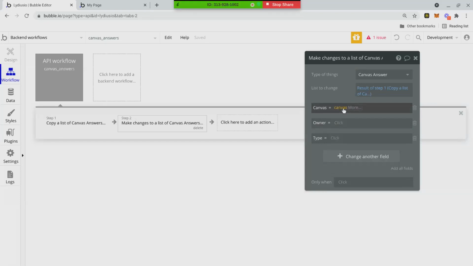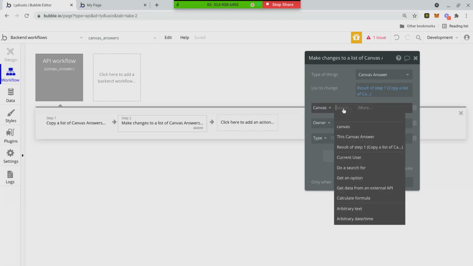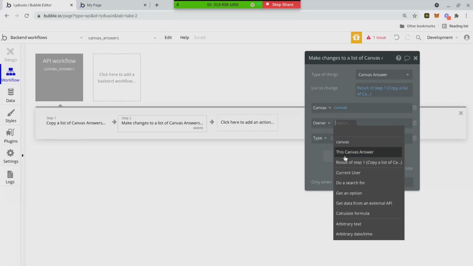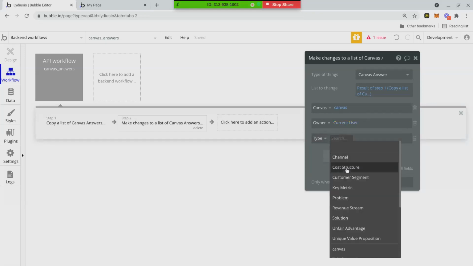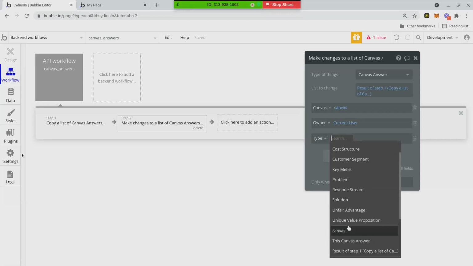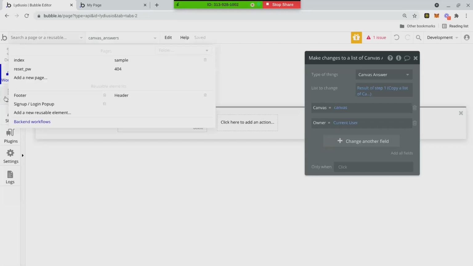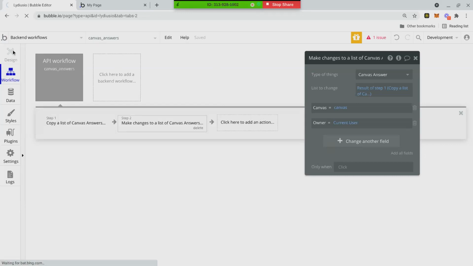Yep, that's right. Because that's been passed into the workflow. Okay. So that's the parameter that you created in the workflow. Yeah. An owner will be current user. And then the type's already set, so you can delete that. You don't have to change the type. And that's it. So now when you click that button and you run this workflow, it will, what we have